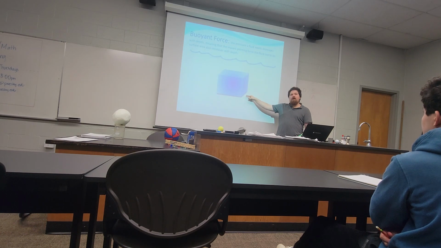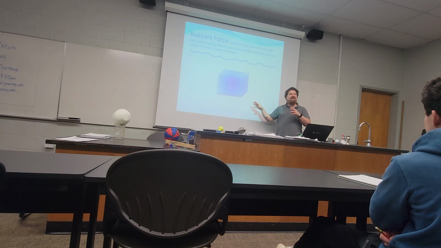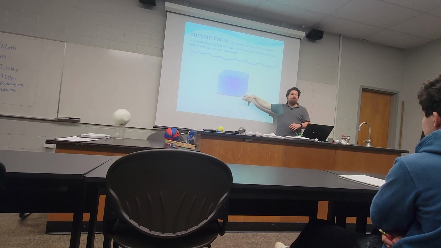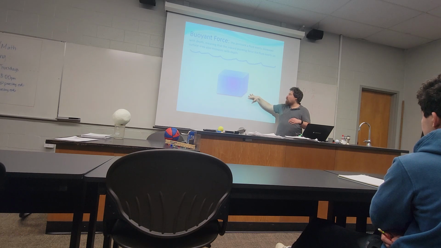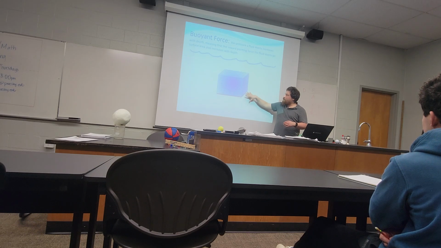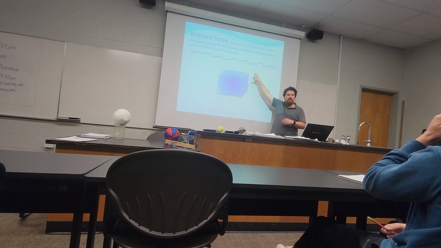the lower parts of this object are technically at a higher pressure level than the upper parts. The deeper part down here technically is subject to slightly more pressure than the top part because it is deeper down and there's technically more water above the position of the bottom of this box than above the top of this box. So technically there's more pressure down here than up here. Sound right so far?